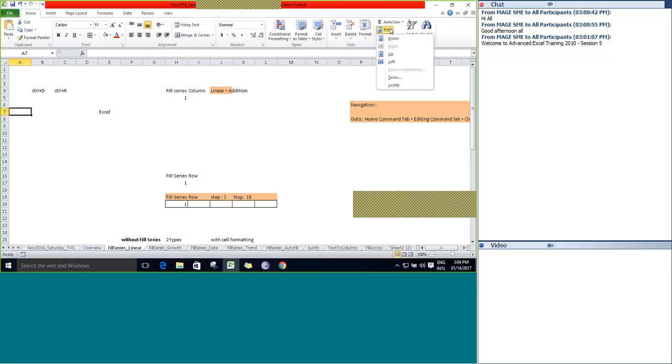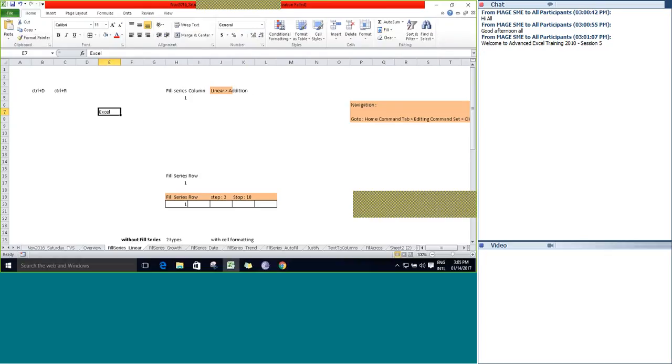Here we are going to discuss the available options: down, right, up and left, then across the worksheet, then series, and then justify. We are going to discuss them one by one. So first let's start with these 4 commands: down, right, up and left.